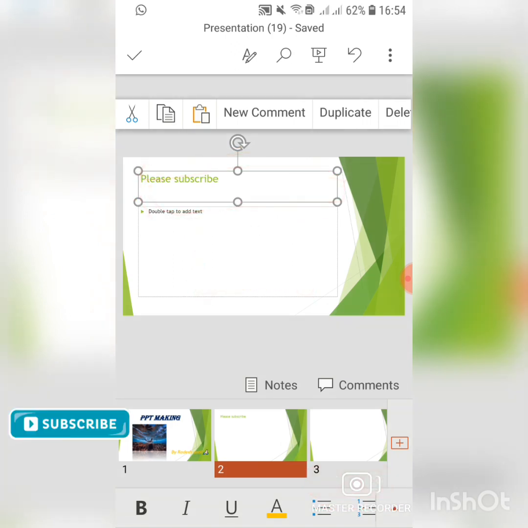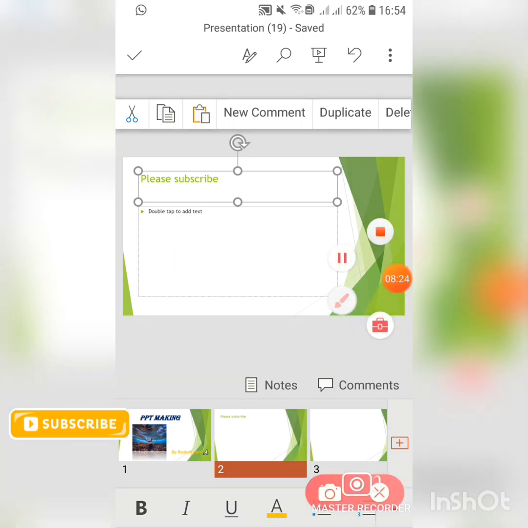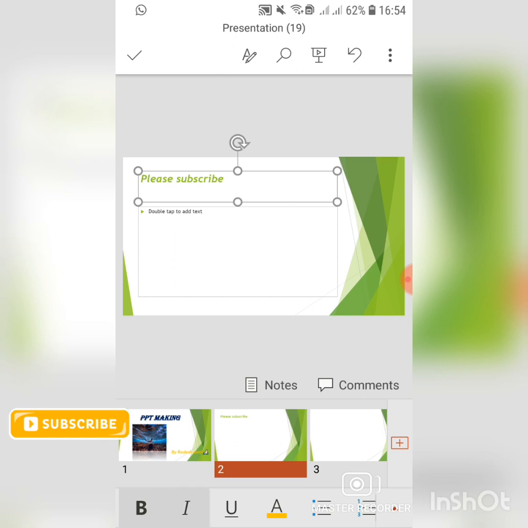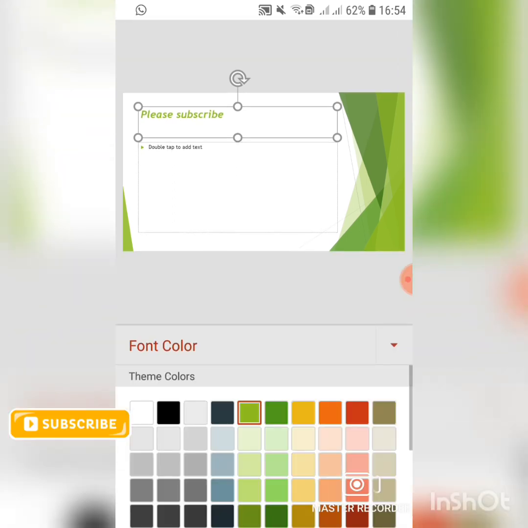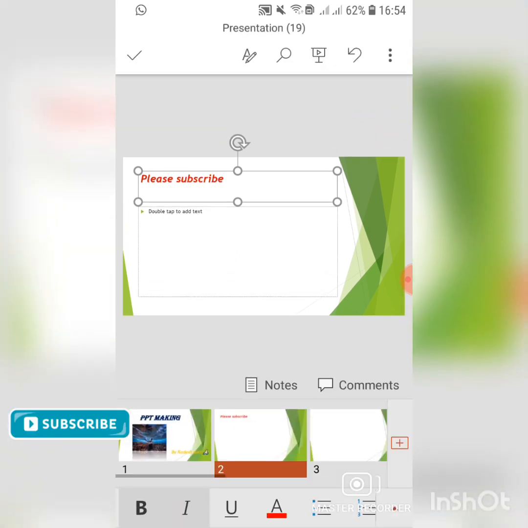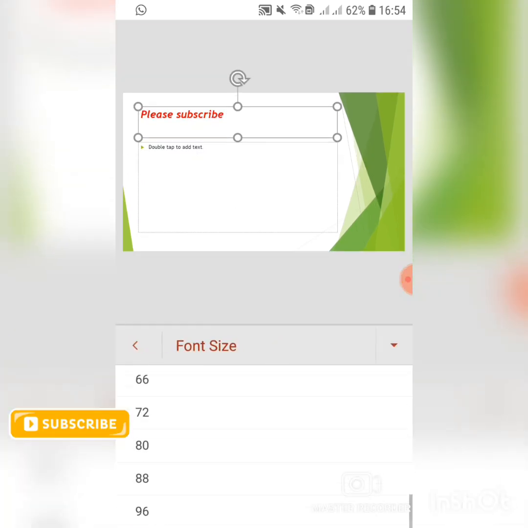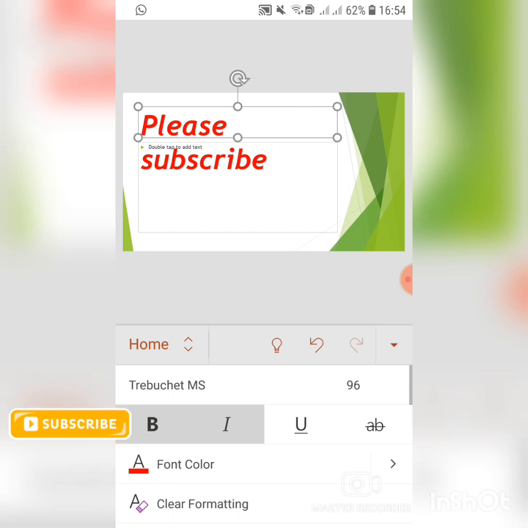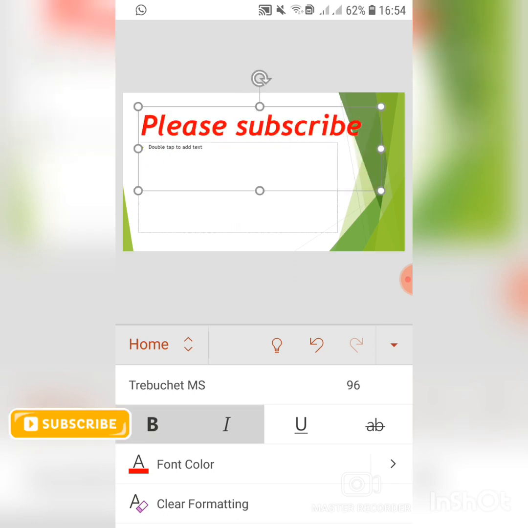It will select the column in which we have written please subscribe. Click on bold, and then click italic. It will automatically come on the screen, bold and italic. It is done. I can even change the color, like I want red here. Yes, it's working. Now I'll change the size to 96. Now it's coming in proportion downward also. You just increase this, and the 3 dots you can exchange. I hope you understood this, and you can do it upside down too.